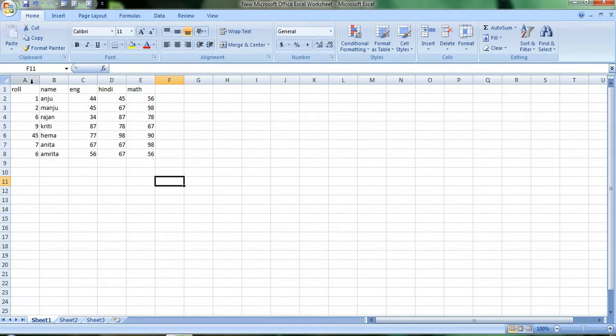Now record. A row in a database is called a record, which consists of the information about one person. For example, row number 2 has the whole record of marks in all subjects, English, Hindi and math, of one student, that is Anju. In row number 8 I have the whole record of all the subjects of Ankita. Okay, that is called fields and records.